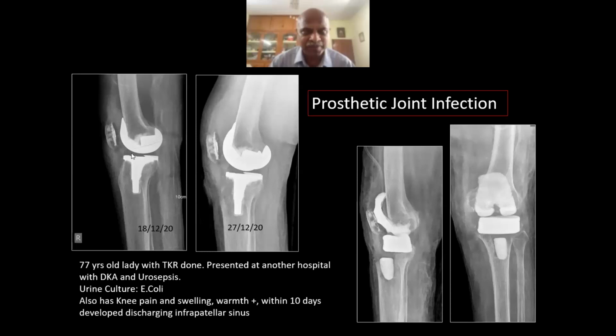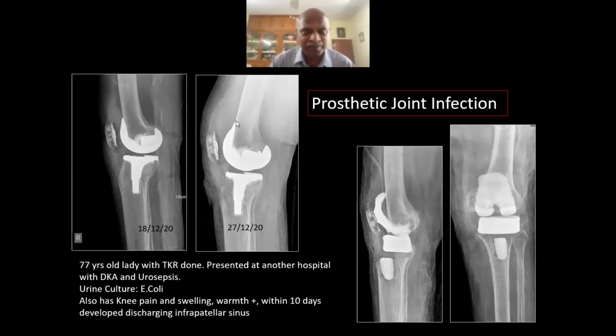Since she was symptomatic for it, she was advised aspiration of the knee joint, and then if necessary, a revision arthroplasty, but she wasn't consenting for the procedure. I must point out here that she was already on appropriate antibiotics since the organism had already been isolated at another institute. So she took a discharge against medical advice, but soon came back 10 days later with a discharging sinus